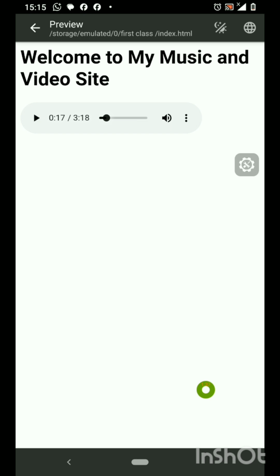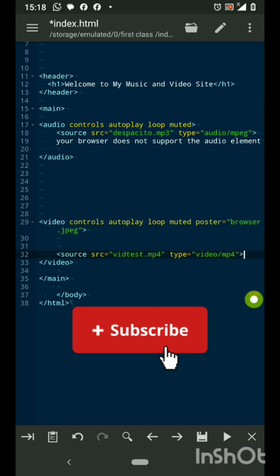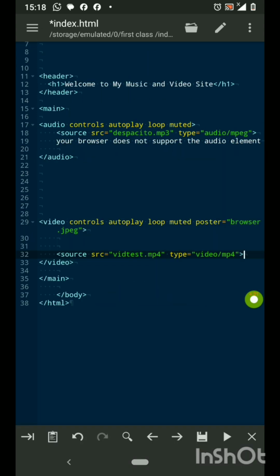Alright, let's go to video. Okay, alright, here's the video. The tag for the video is almost the same. The difference is we're having video as the open tag and video as the close tag. Then we have controls for playing and volume and pausing. Then we have other attributes here like autoplay, loop, muted, and also we have poster, which is not in our audio. Your video needs a poster. You can decide to put a poster or not, but putting a poster is like your thumbnail that's going to show as the picture before the user plays the video.